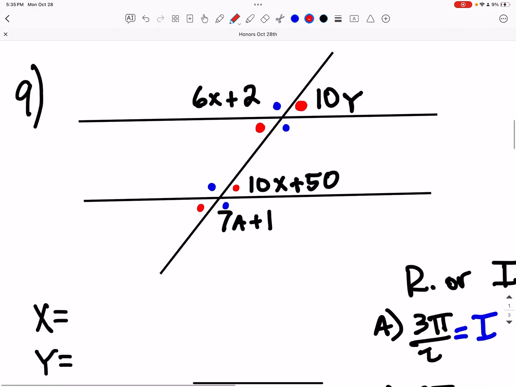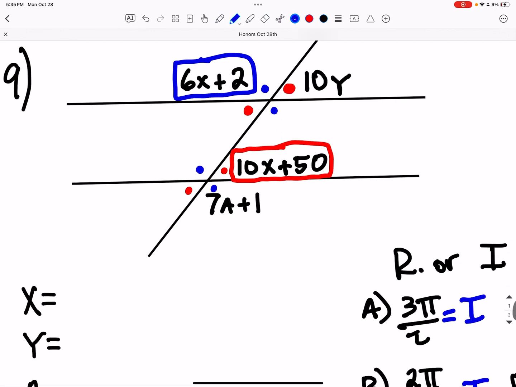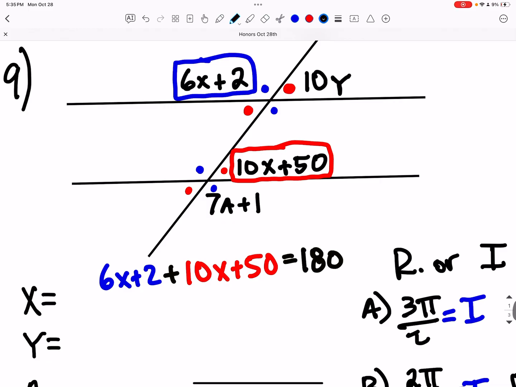So I look for something that has the same letter. Let's see. This is a blue angle. This is a red angle, but they both have x's in them, so I can write an equation because they have the same letter. I know that 6x's plus 2, any blue plus any red equals 180. So that means 16x's plus 52 equals 180. So 16x's, once I minus 52,